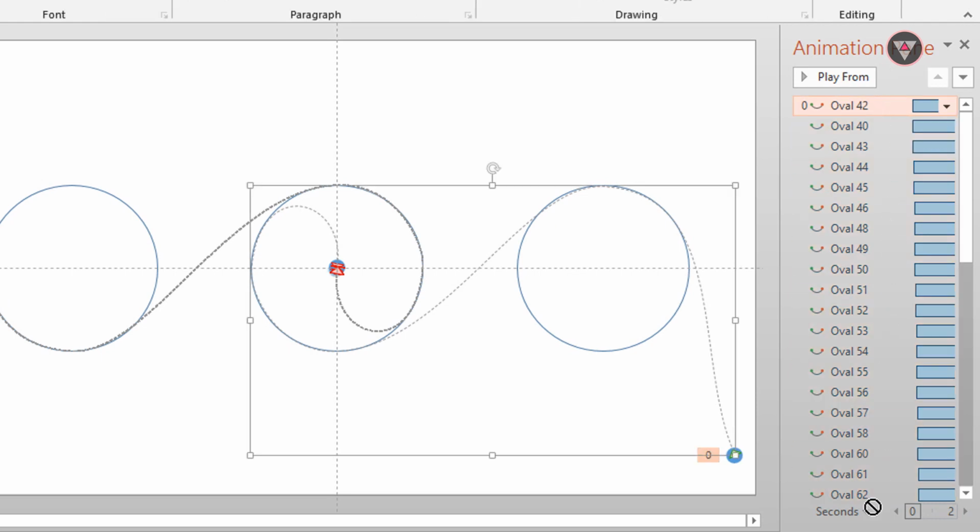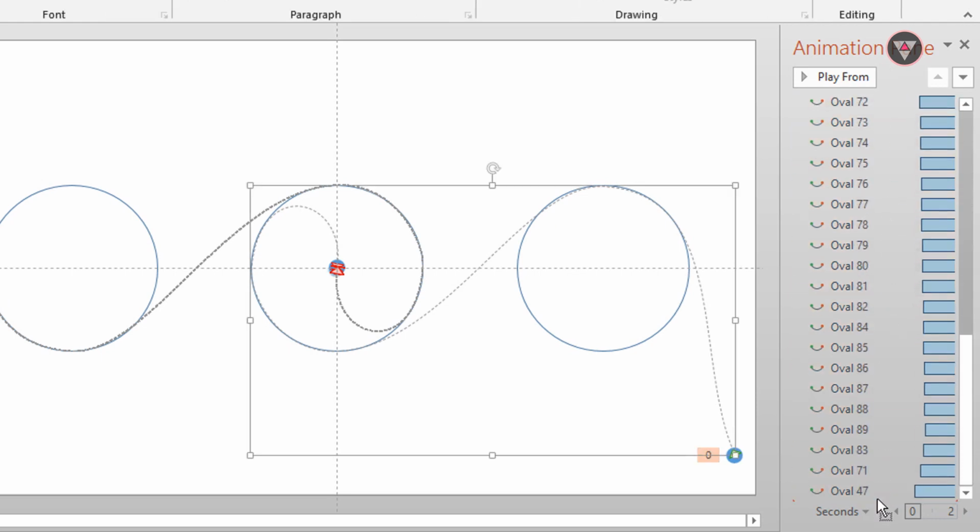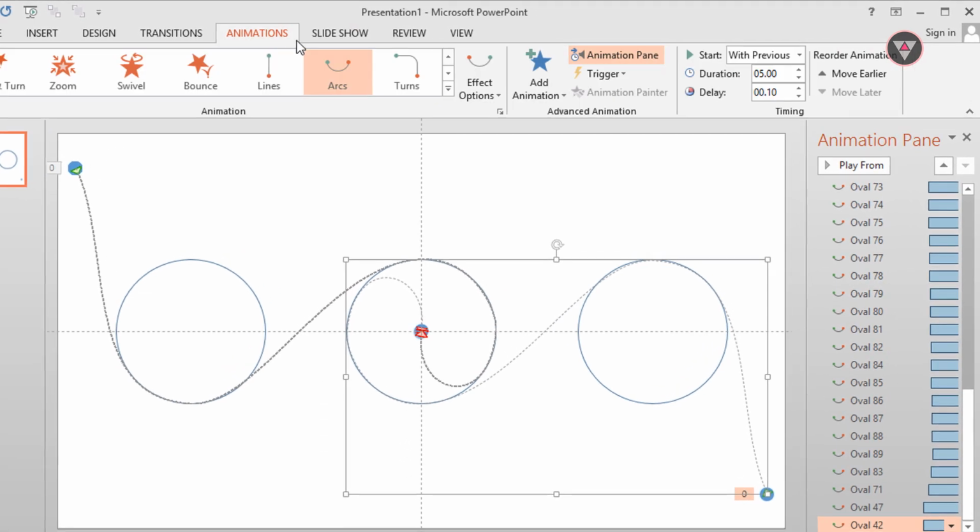Then select this animation, drag it down and change its delay to 0 seconds.